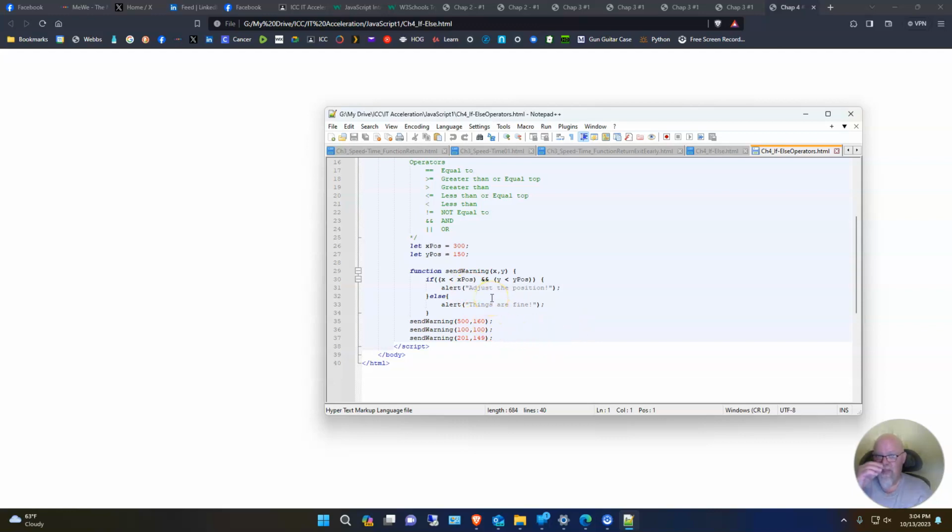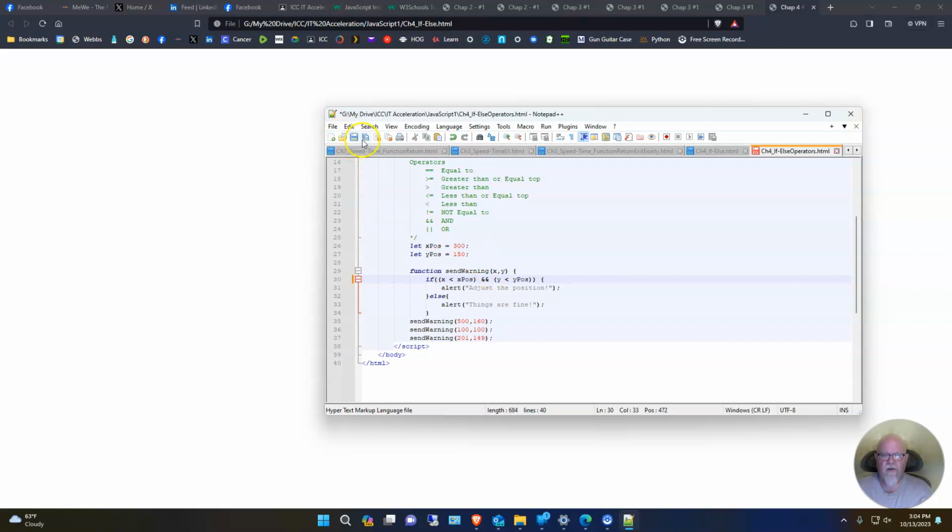And it's different with the or statement. So if I had an or statement in here, if I had the two pipe symbols, according to Boolean algebra, only one of them has to be true in order for the whole thing to be true. So if x less than xPos is false, but y less than yPos is true, the whole thing is considered true. So only one of the items has to be true. Okay, so